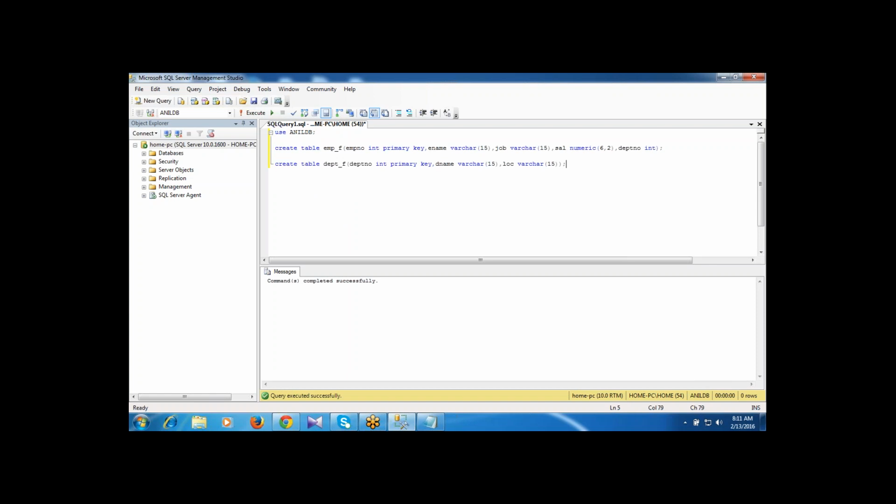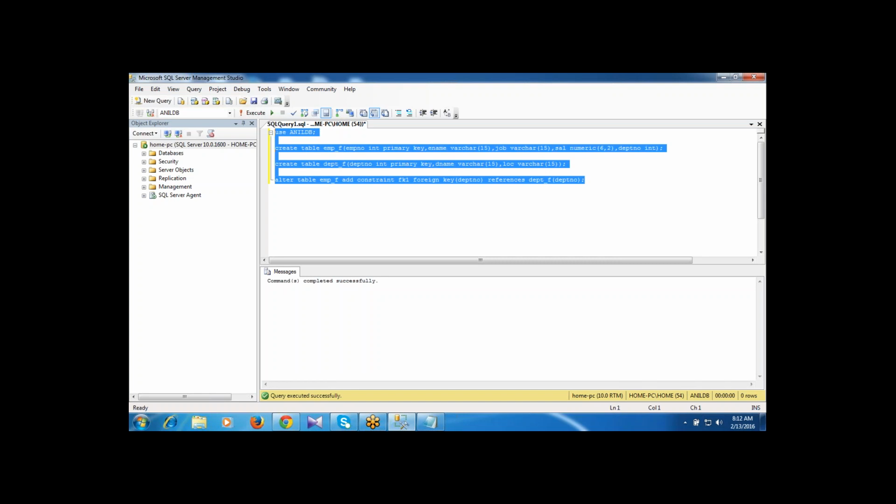like this. Now I am writing the foreign key constraint. Alter table, table name, add constraint, constraint name, it should be alphabet letters. Type of constraint is foreign key of the department number, references, the table name and the column name. Friends, so here